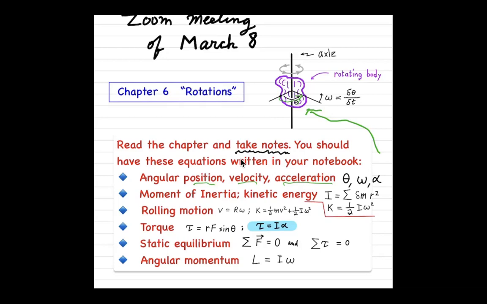Now, some of the concepts that are introduced in the chapter are moment of inertia. So that's denoted I. It's mass times distance squared, where r is the distance from the axis of rotation. So r is the distance from the axle. And delta m is a little part of the body, or a single point, distance r from the axle. Delta m r squared is the contribution of that to the moment of inertia,